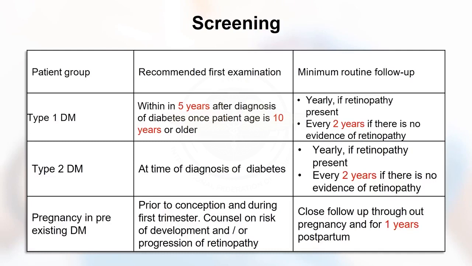She must follow a diabetologist, endocrinologist, or physician to regulate blood glucose. Close follow-up throughout pregnancy and for 1 year postpartum. Sometimes there is regression of diabetic retinopathy after pregnancy, but anyway, one must follow for 1 year